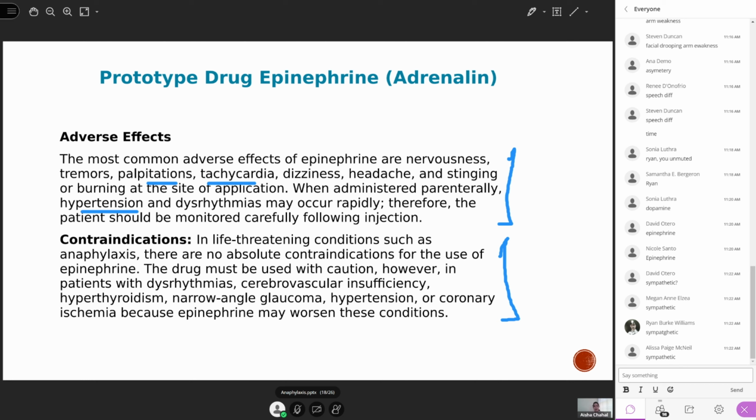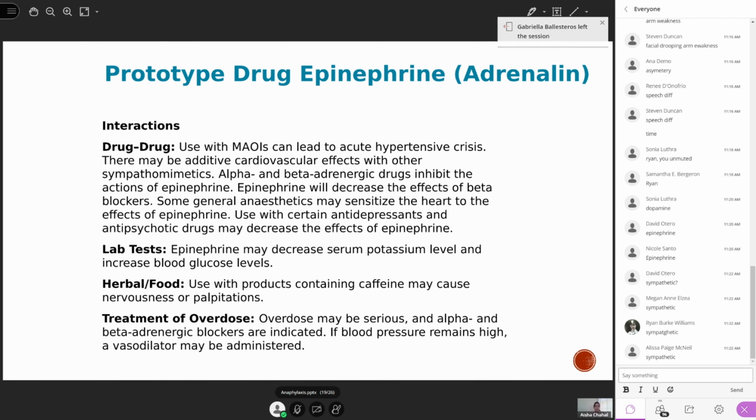Some of the cautions are, for example, dysrhythmia, cerebrovascular insufficiency, hyperthyroidism, narrow angle glaucoma. Because why? It worsens the symptoms of these things. Having said that, it is not an absolute contraindication. It is a relative contraindication in which we have to be cautious about it, okay? And because of the constriction, glaucoma, hypertension, ischemia, and all this. So epinephrine is,